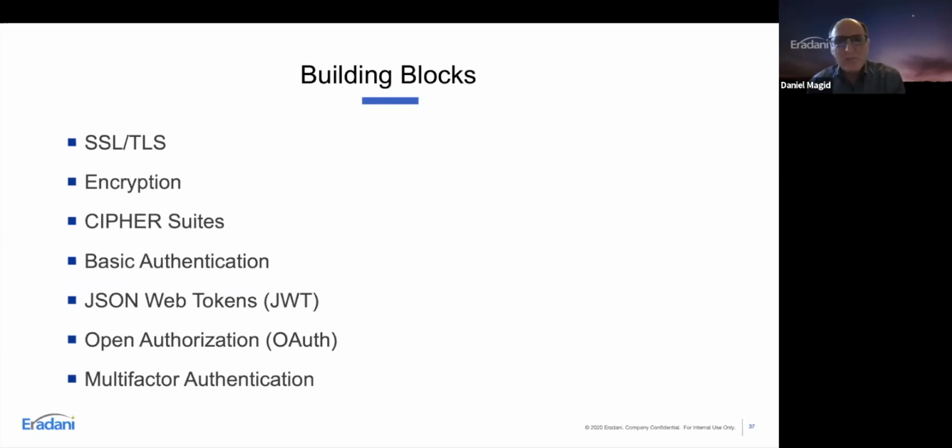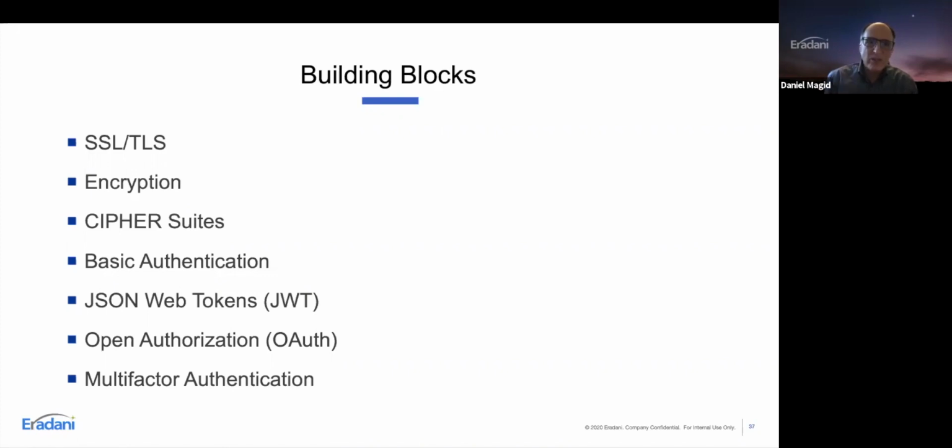So these are the basic building blocks of the security environment for the web. SSL or TLS, and SSL and TLS are basically the same thing. TLS is just the latest version of it. It's transport layer security. So you have the security layer of transporting the data, then encryption. You encrypt the data so that it can't be read as it's being sent across the line. There are cipher suites. Those are basically the encryption algorithms that people are using, and you need to make sure that your cipher suites are up to date so you can talk to the people you're either providing APIs to